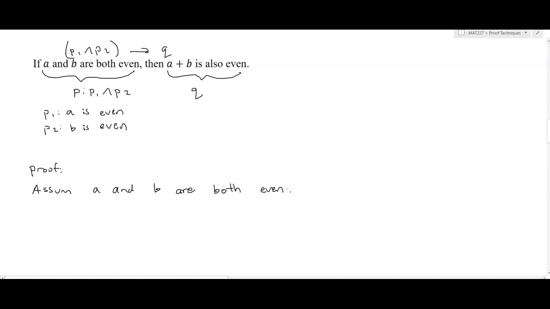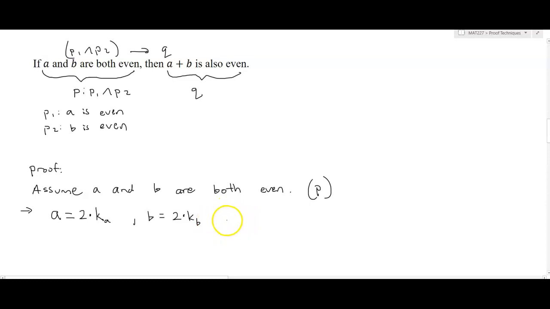Okay, well, what does that mean? What does that allow me to say next? And again, all I've done here is assumed P. Well, now I can define those quantities. So that means if A is an even number, then A can be expressed as 2 times some integer. And I'll just call this KA, just so that I know that that's the K value that went with the number A. And then I'll also write B can be written as 2 times KB. That's just a subscript, that's just one letter right there. You could use 2K and 2J if you want.